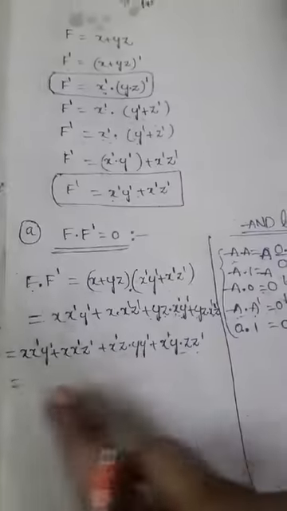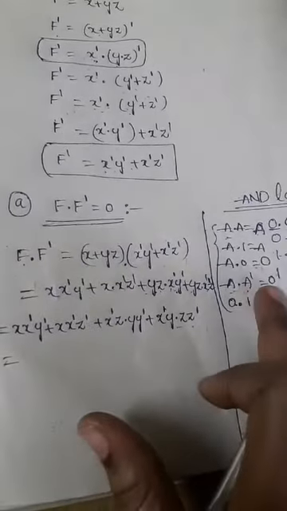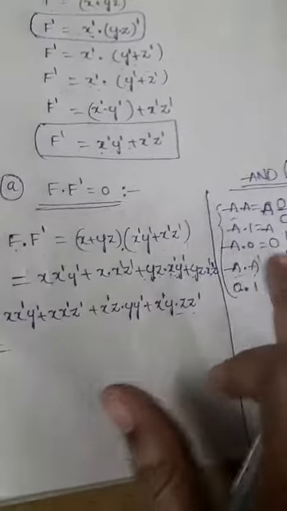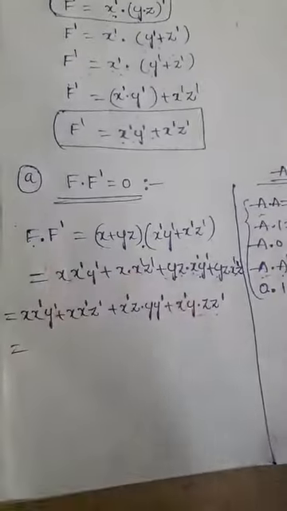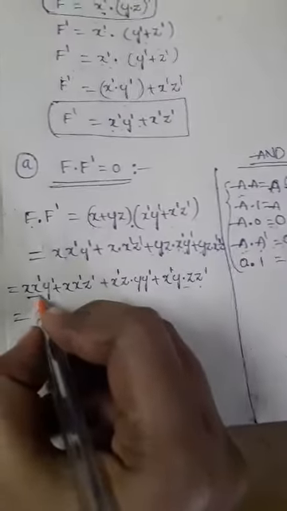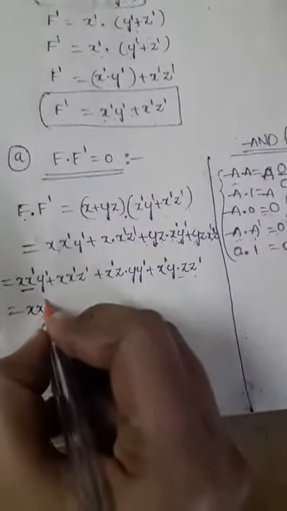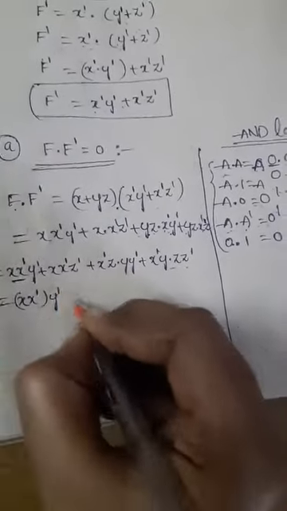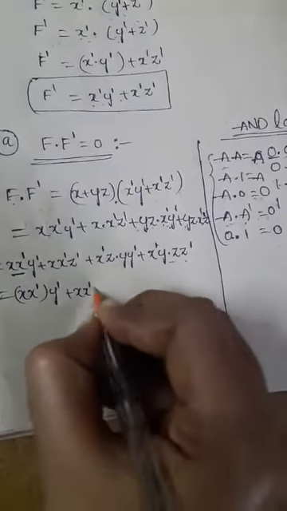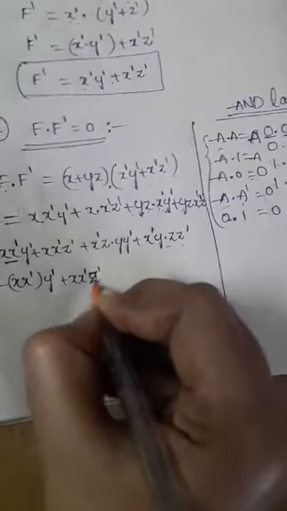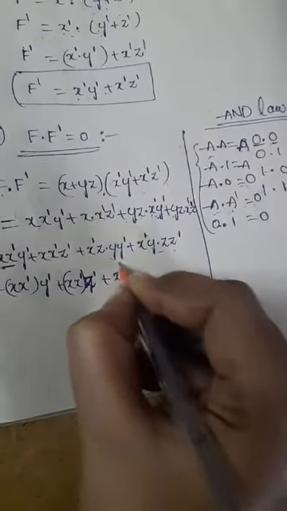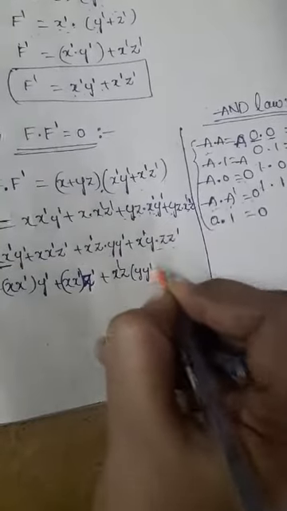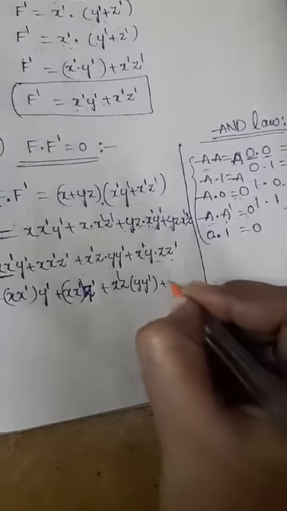Okay, so now here we'll have one law in that AND law, that is a into a complement is 0. So depending on that, by using that law I can write here x into x complement as simply 0. Okay, so just I can write it one part, x into x complement into y complement, like that. Here also second term x into x complement into z complement, plus here x complement z into y complement plus x complement y into z complement.